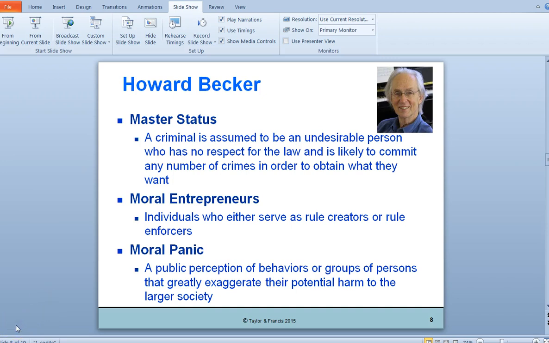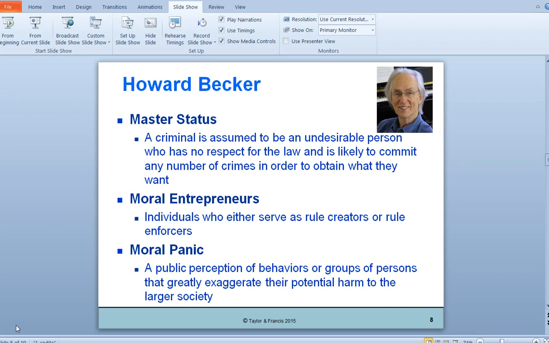According to Becker, someone that he called an entrepreneur must take the initiative in punishing the culprit, the bad person. Second, enforcement occurs when those who want the rule enforced publicly bring the infraction to the attention of others. And once an infraction has been made public, it therefore cannot be ignored. So he had his levels.